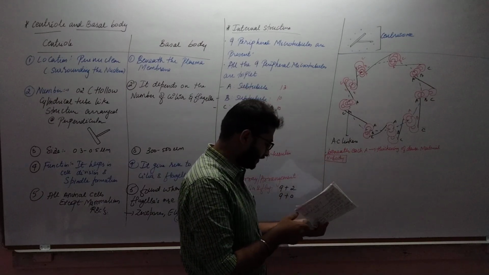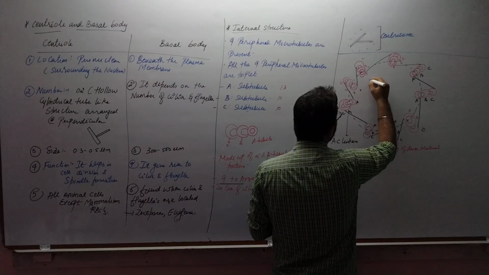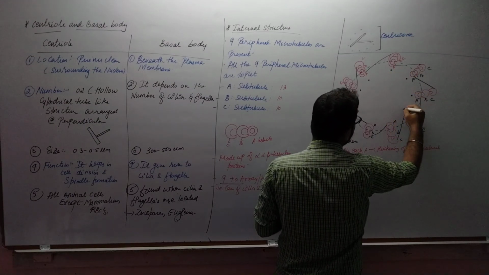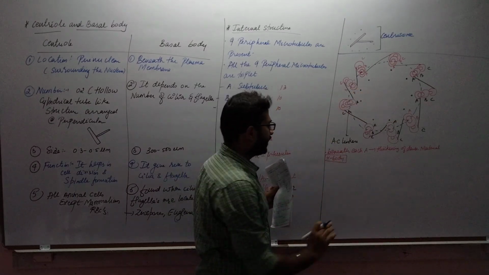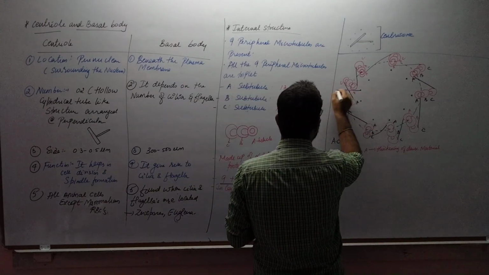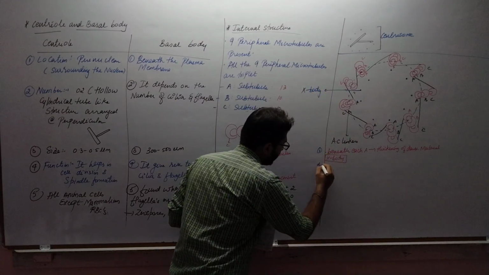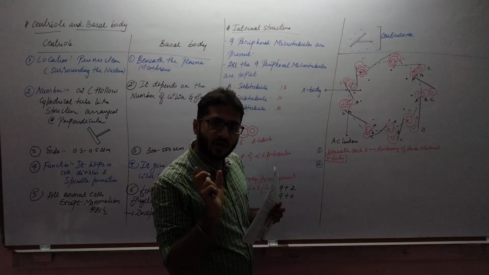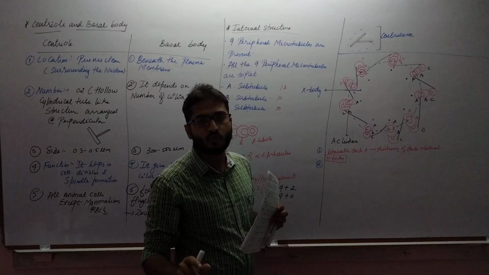So let us draw 9 X bodies. I am using the blue marker for the 9 X bodies. So this is A. So let us say this is 1, 2, 3, 4, 5, 6, 7, 8 and 9. So beneath each A, a thickening of the dense material is located. This is what we label as the X body. Second structure. Beneath each A we have seen the X body, right? Between two X bodies, one thickening of the dense material is located. That structure is called the Y body.